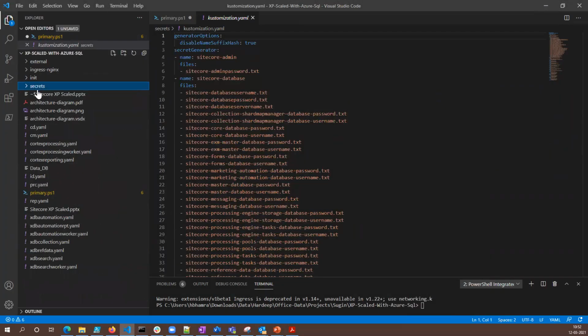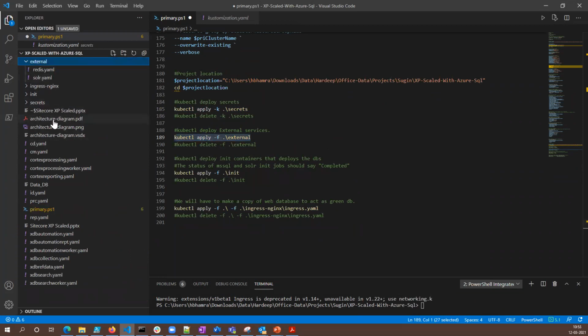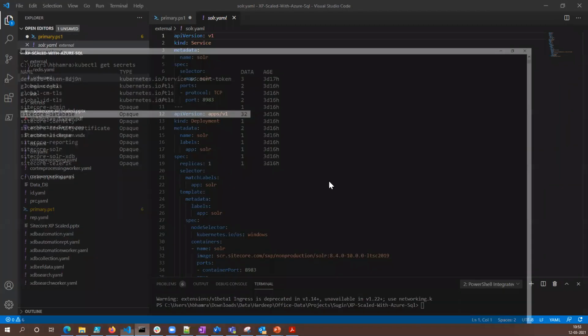Moving on further, the first thing that I have done is I've already uploaded the secret, to save some time. The second thing I'm doing is running some of the external services. What do the external services include? Redis and Solr.